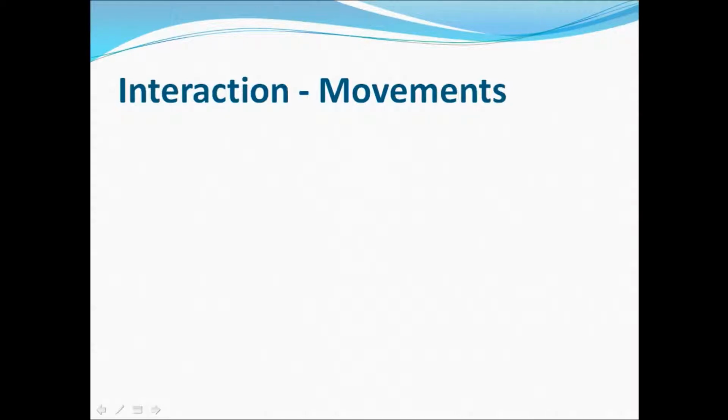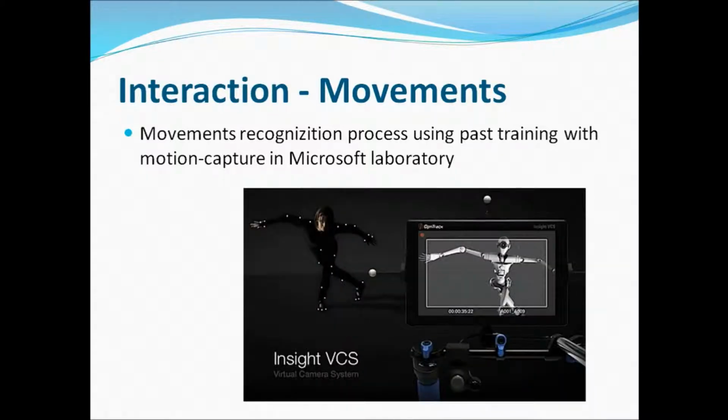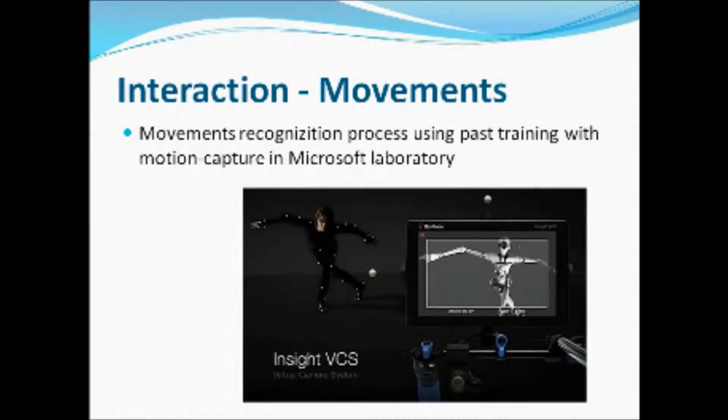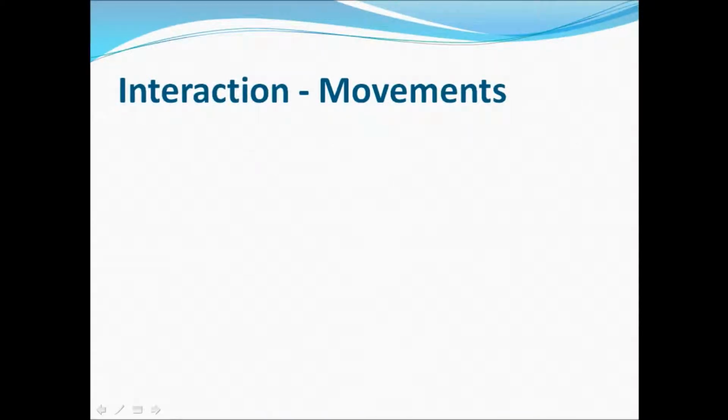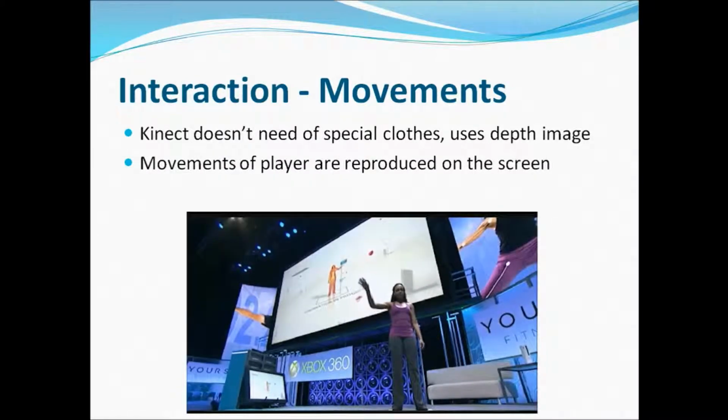Once we have the three-dimensional avatar, the next step is to recognize the player's movements to reproduce them on the screen. The gesture recognition has been obtained through a training algorithm process. Microsoft developers have collected large amounts of data with motion capture. This is a technique in which a person wears special clothes that record all the movements and send the data to a computer. For example, if the person raises an arm, the avatar does the same on the screen. With this data several models are produced representing different types of people, gestures and body types. With the Kinect, the use of the special clothes is not necessary, because the body schema is reconstructed by the system we explained before.